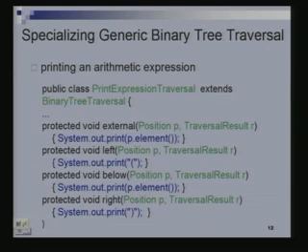So I could specialize the same class binary tree traversal to compute the total space occupied by the files in a certain directory structure, by specializing these methods in a slightly different manner.